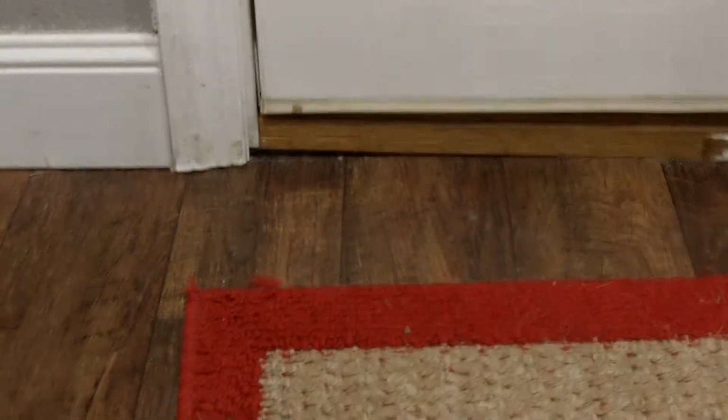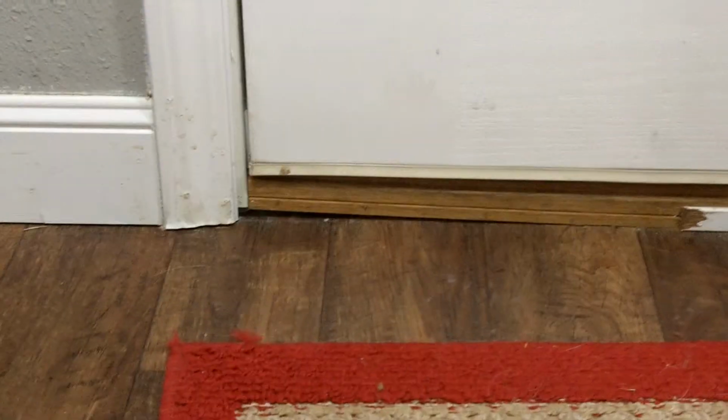Okay, it's the 23rd of February 2019, and I'm going to do a quick update on my Sunshine Home. Thank you, Elite. Can I zoom in on that? Yeah. So that keeps breaking, but if you look at the way the wood goes, it pops up. So I don't get it. What's wrong there? That's the second or third piece of white trim they put on there, but obviously it's the